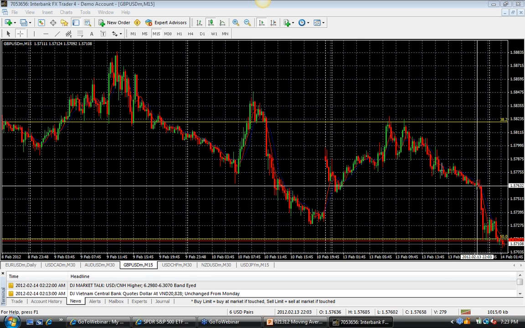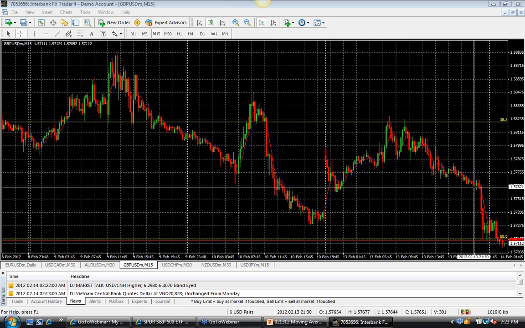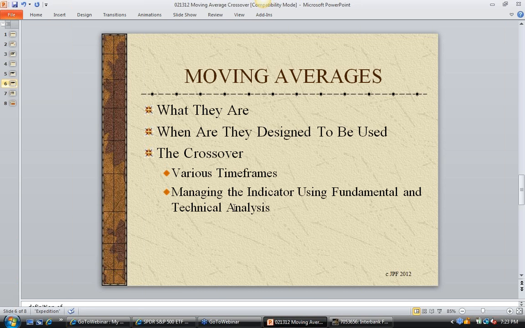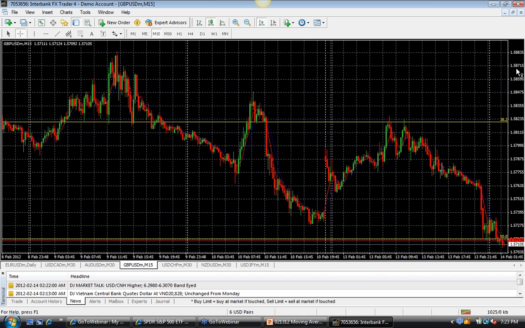So the system, nothing is guaranteed out there, and anything can happen at any time. Greece can make an announcement in the next 30 seconds for all we know. The point is you've got to have that money management in place for your account size, trading the appropriate trading size as far as contracts go, and making sure that you have stops and targets in place for the most part, and that you're managing the trade from beginning to end. And that's right here, managing the indicator using your fundamental and technical analysis. It's not good enough to just go ahead and turn it on. You have to have some management capabilities, understanding what's going on out there.